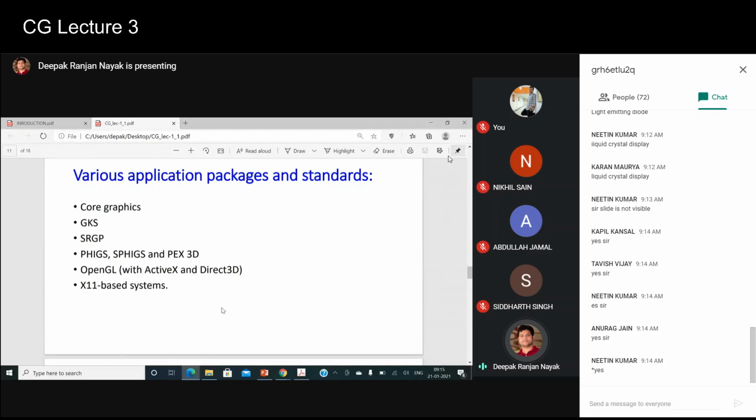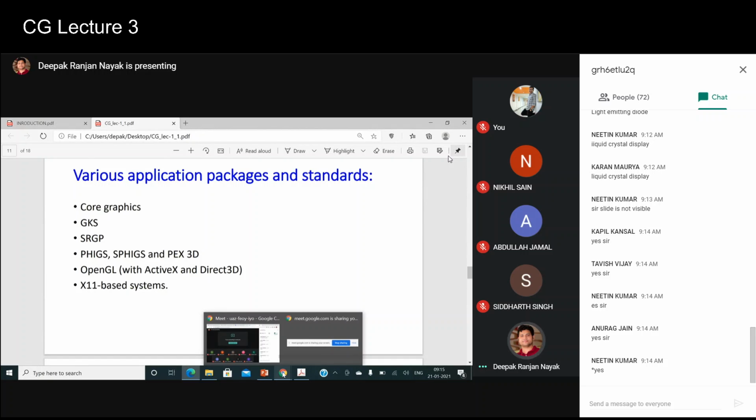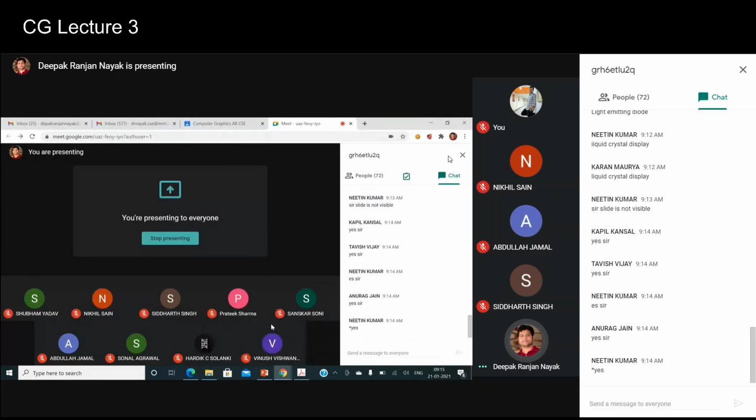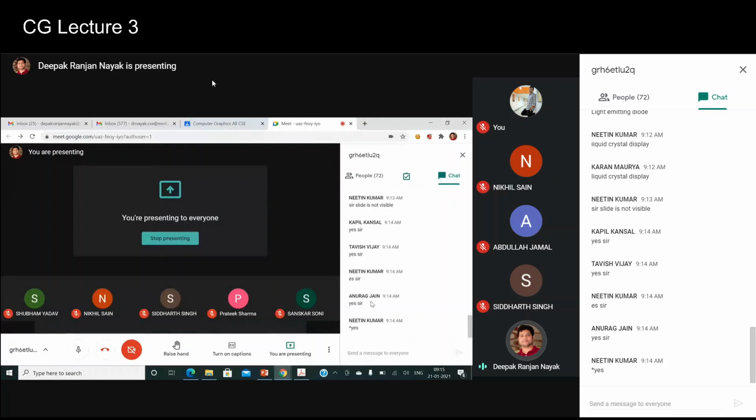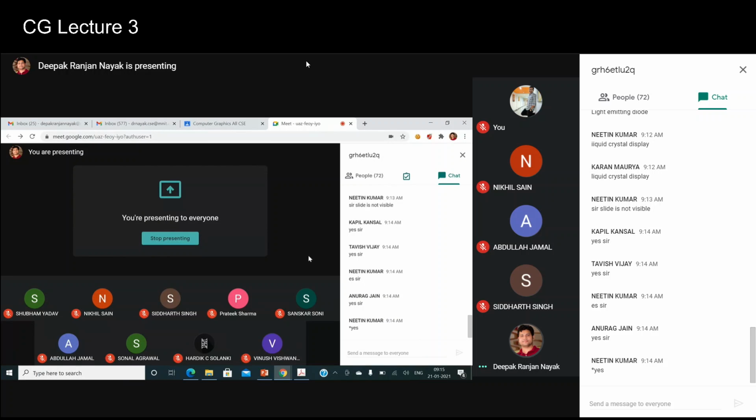What I want to ask here is, what do you mean by a standard and why is a standard required, and what are ISO and ANSI? You are from a computer science background, so you should know, right? What's the job of ISO and ANSI?